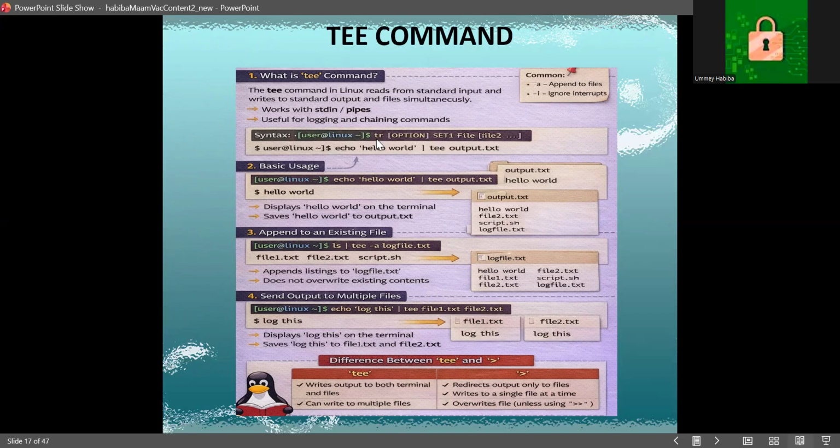Like you are putting tr option set1 file and other files name. When command output is passed through tee using a pipe symbol, the output is displayed on the screen and also written into the specified file. For example, the command